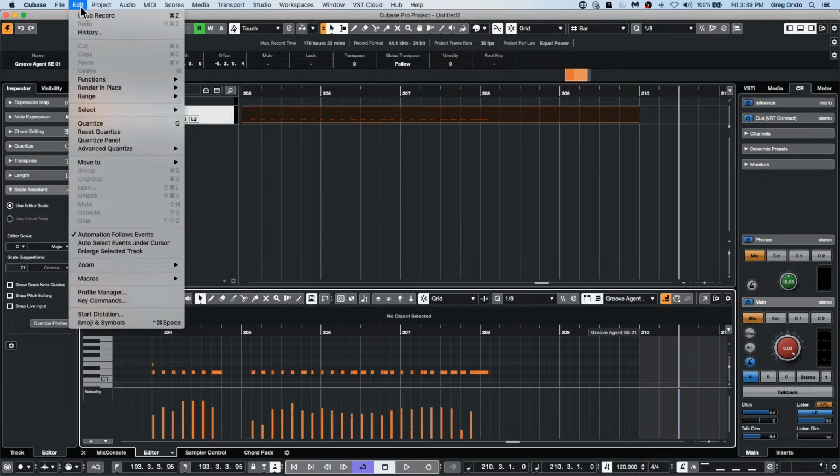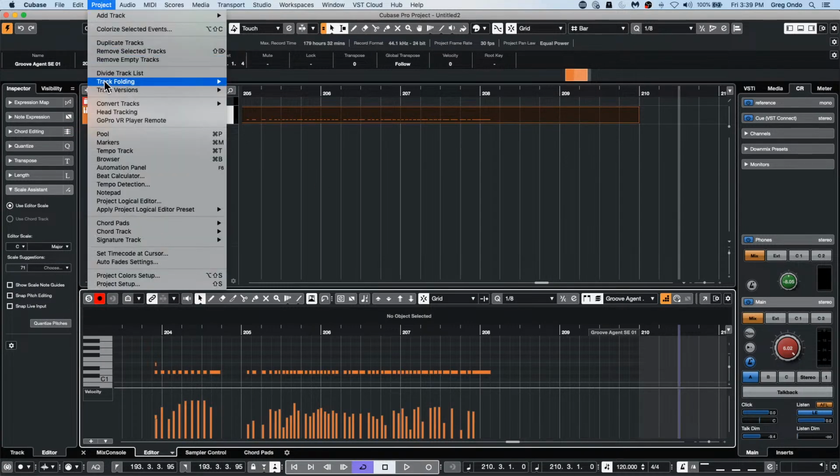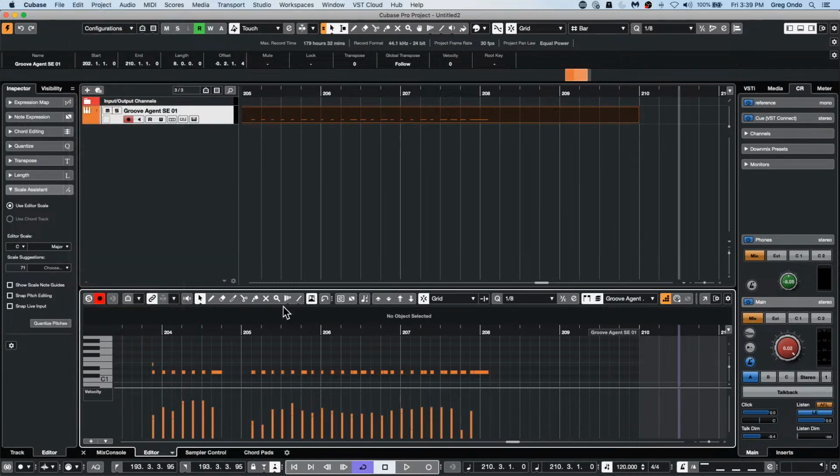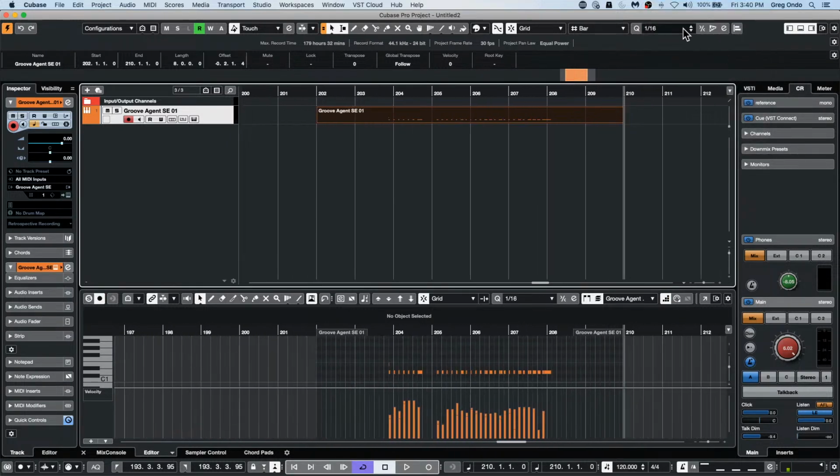And if I wanted to go to the edit menu and choose reset quantize, you could see what I actually played in. So if we undo the reset quantize here, we can see everything is just going to be straight to 1/8 notes. And if you wanted to choose the values to be straight to 16th notes or quarter notes, so let's make it quarters. So as I go to record and auto quantize is enabled,